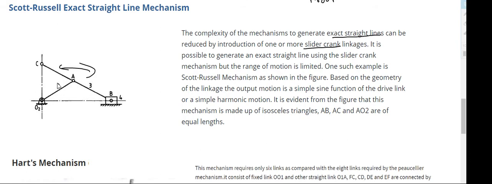In the Scott-Russell mechanism, you understand there is a 4-link mechanism. First link is this one. Second link this one. Fourth link is the slider. And the slider is the grounded link. So it forms a mechanism. One of the links should be grounded. Then only we can call it a mechanism. So this slider is grounded. That means it cannot move from the ground. It can only slide from the ground. So we will see the animation of Scott-Russell mechanism and how it produces a straight line.